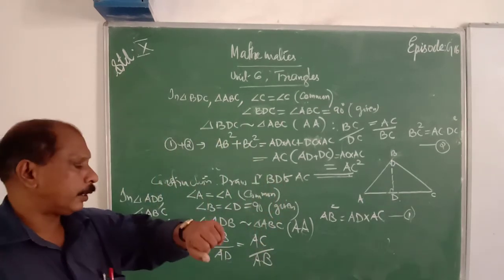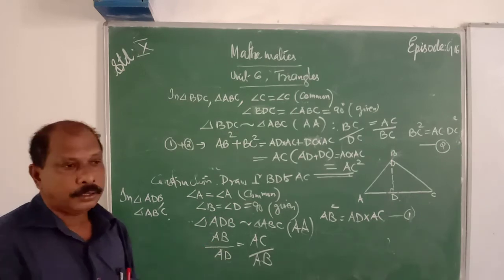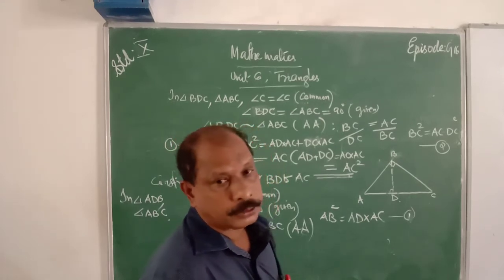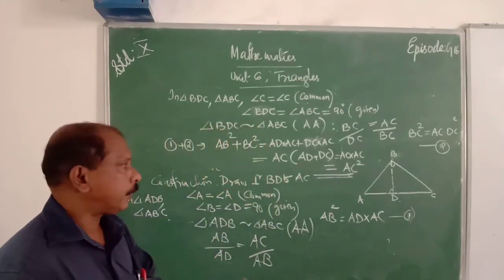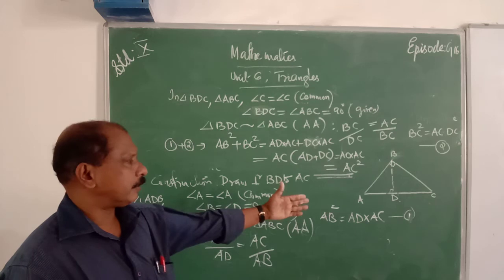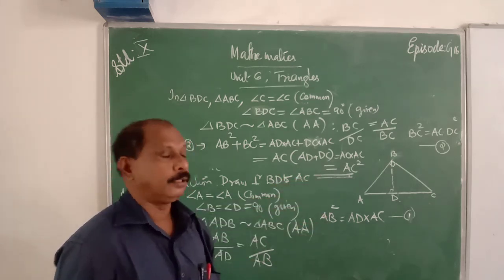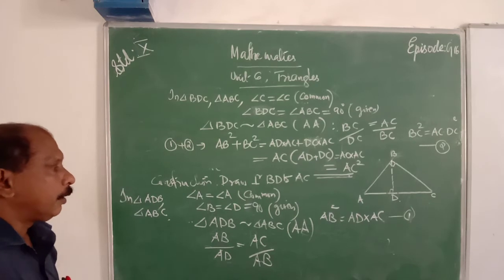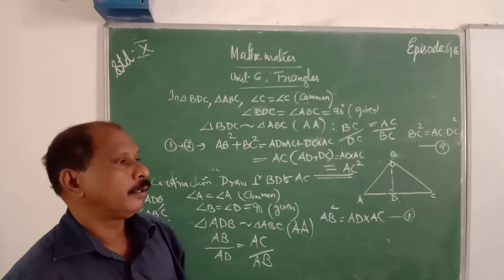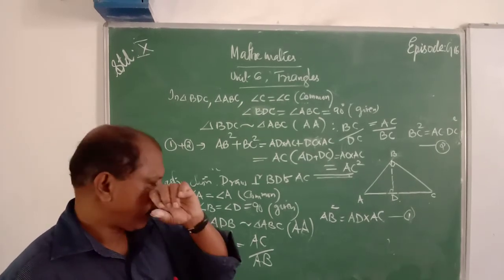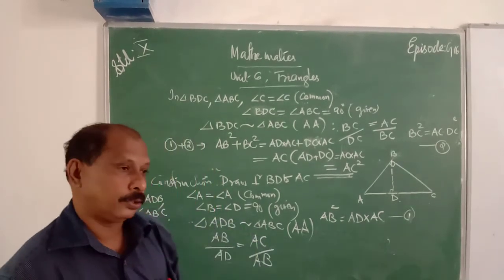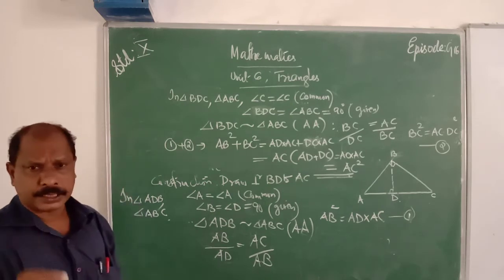Then what is the Pythagoras theorem? That is the 8th theorem. In a right angle triangle, the sum of the squares of two sides is equal to the square of the hypotenuse. Now let us consider the proof. For the statement, let us consider ABC a right angle triangle, right angled at B. Therefore, in triangle ABC, angle B is equal to 90 degrees. That is given. Then we have to prove that AB square plus BC square, that is base and altitude, is equal to AC square. For that, what is the construction?